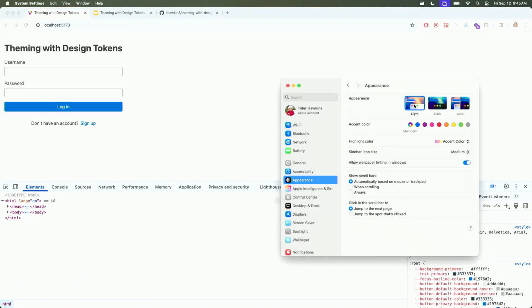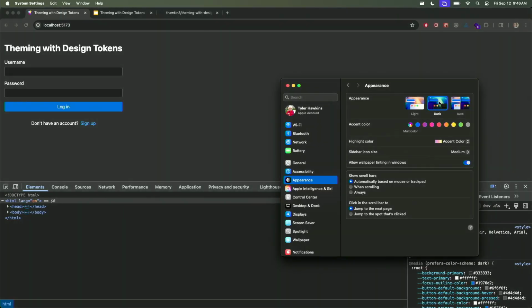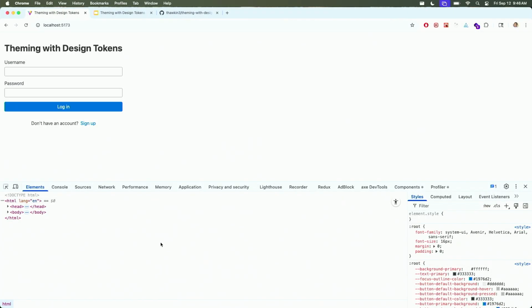Ta-da! Everything's theme aware, right? We've got this nice little app. I can easily switch between the two. So how does that work, right? If we go look at the browser here and see just how that actually gets translated,